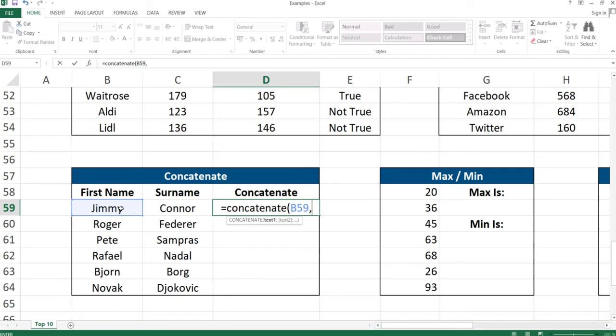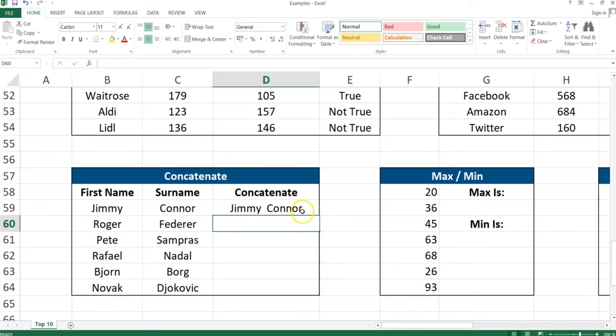Now we need a quote, then a space, and then a closing quote, and then the second name, which in this case is cell C59. Now we close this,